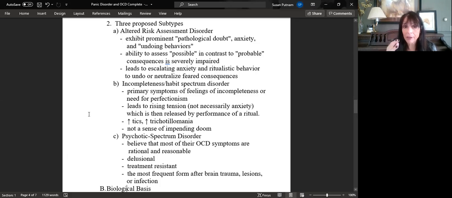Most of you know what tics are, and most of you probably know what trichotillomania is, but trichotillomania refers to the pulling out of hair, and that can include the hair on your head, your eyebrows, or your eyelashes. In some cases, actually, individuals eat this. As somebody who cannot stand hair in my food, this would not be something I could do, but it is something that does occur.